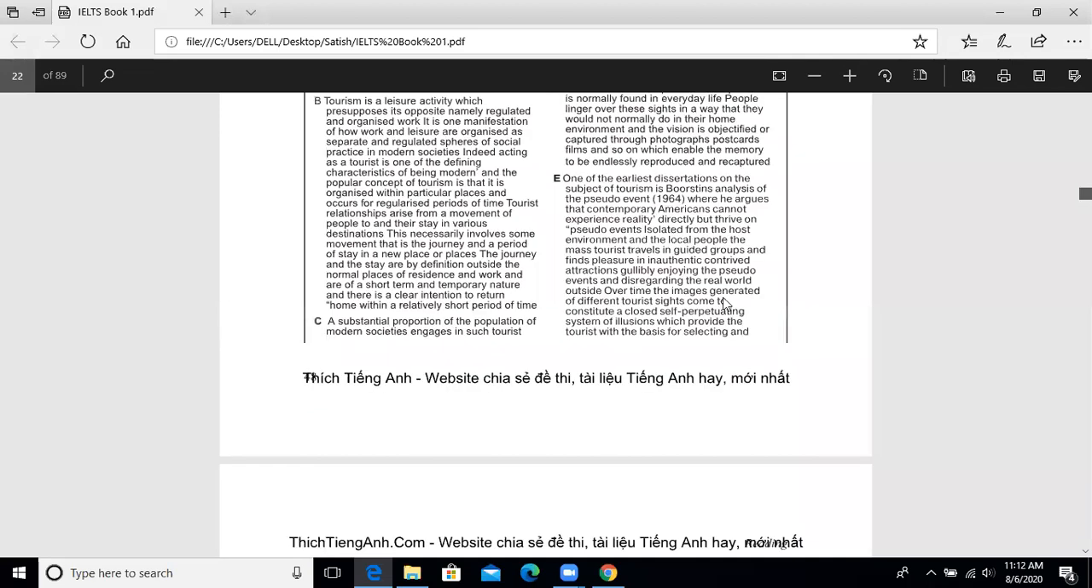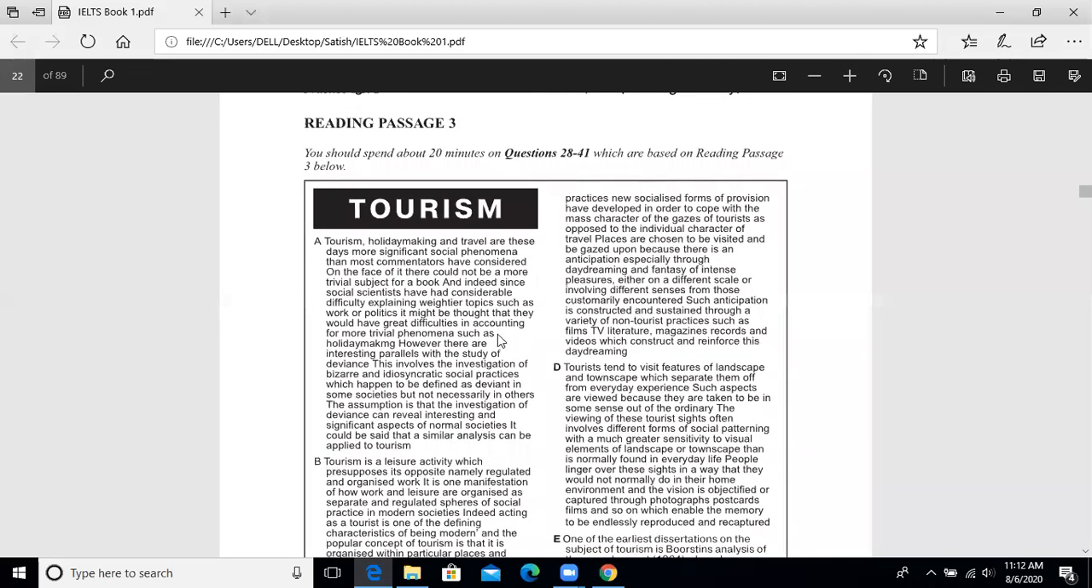Here, right? So I'm going to read this one, and I'm going to try to understand what it says. Tourism, holiday making, and travel are these days more significant social phenomena than most commentators have considered. Okay,